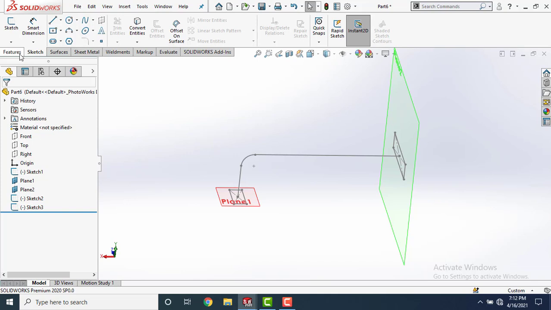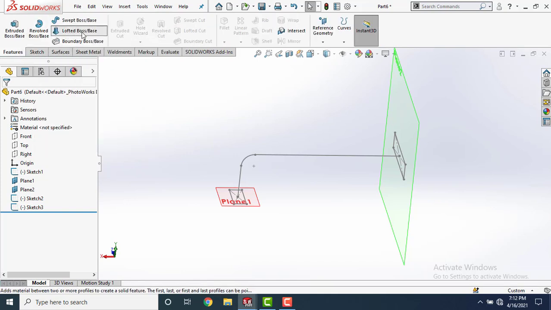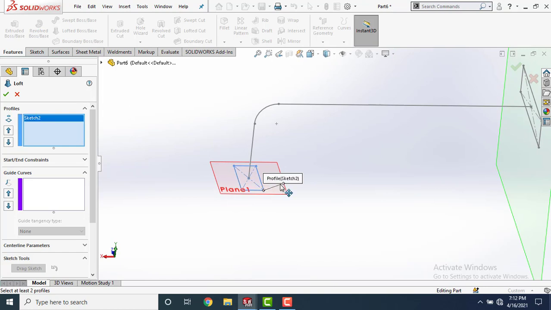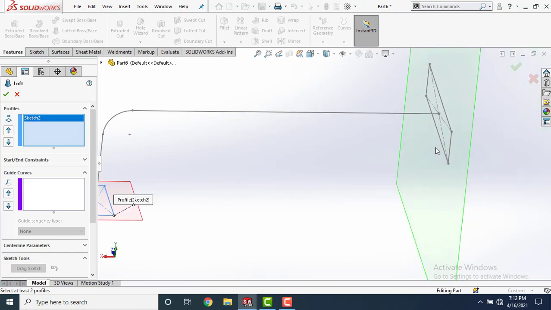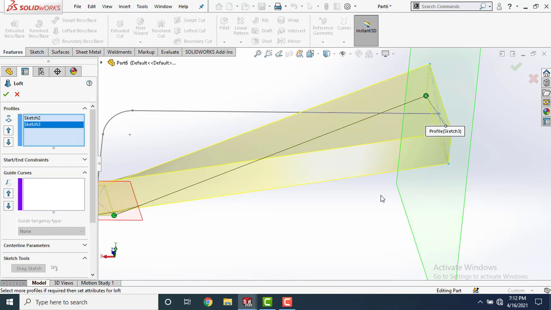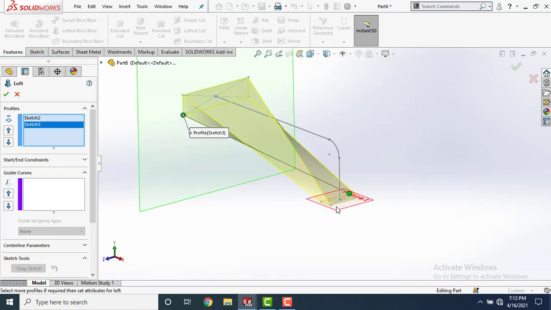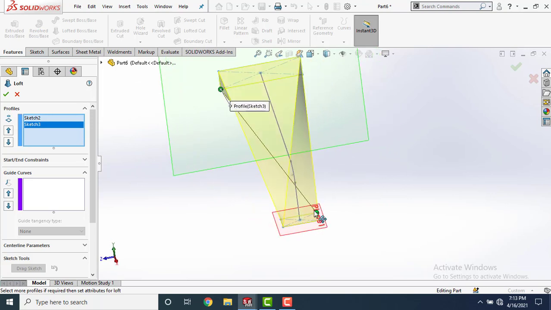Now go to features, select lofted boss. In profile, select these two rectangles. Now you can see this is twisted. For this, we have to align this green dot properly. Just select this green dot.